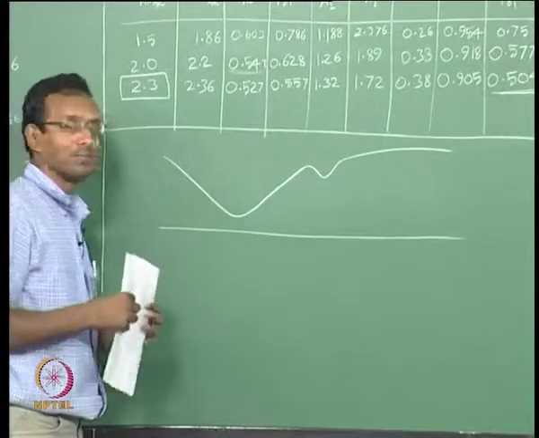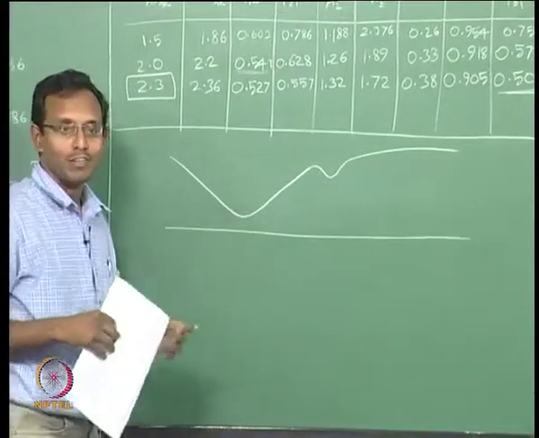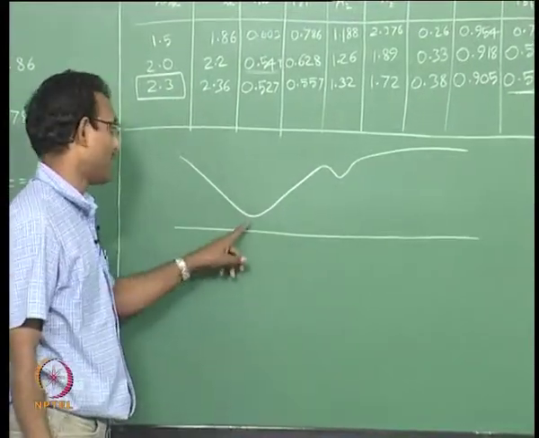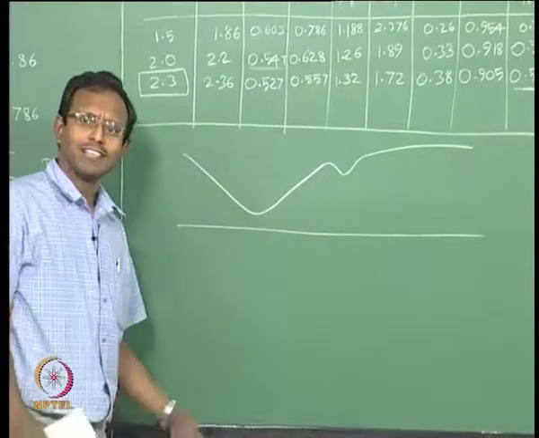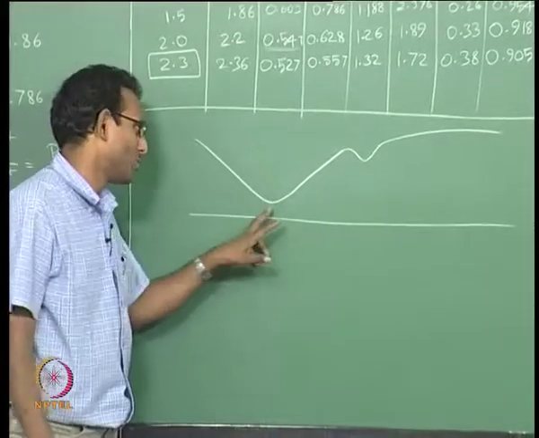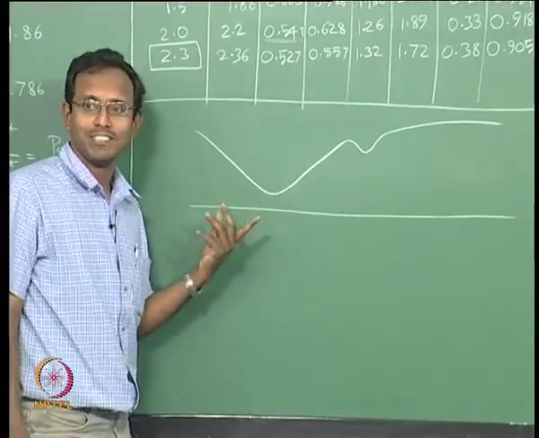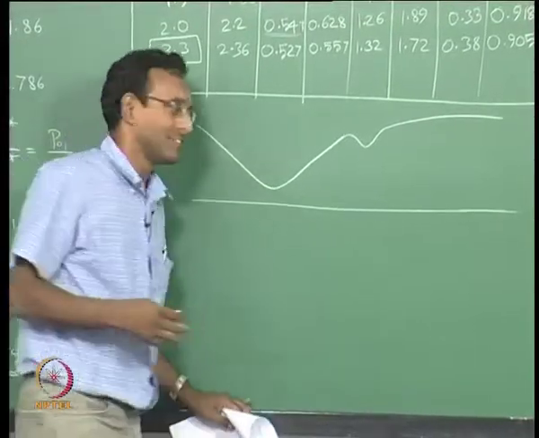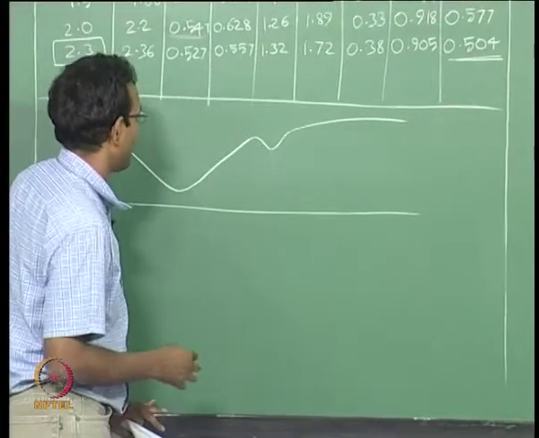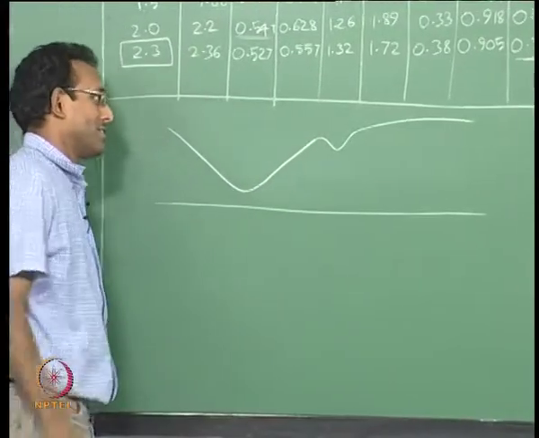If I pick such a problem, there are two throats. We know that it is going to choke at minimum area as long as I am giving enough pressure difference across it. Let us assume I am giving enough pressure difference that it is choked at this condition, otherwise there is no fun in this problem. We will consider a case where there is some little fun, so we will consider this particular case.